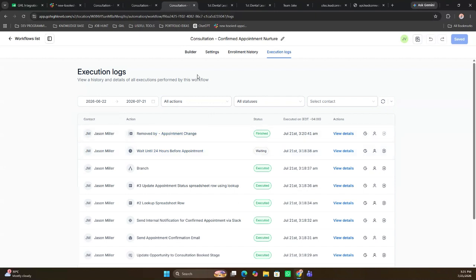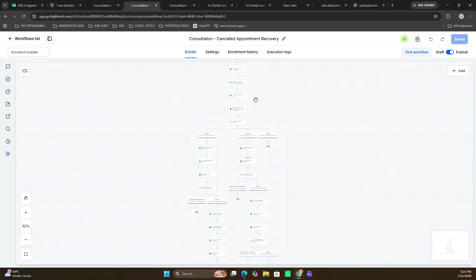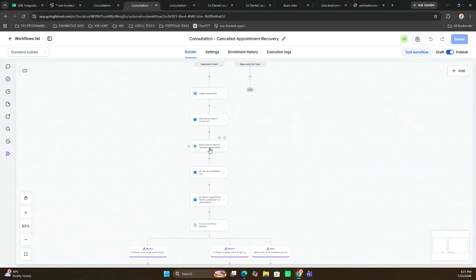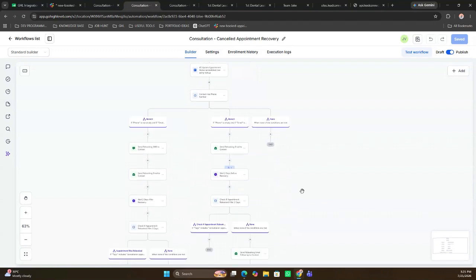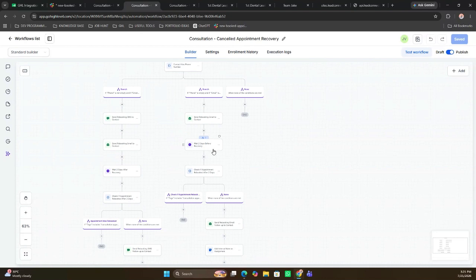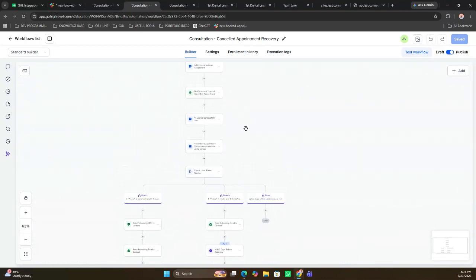As you can see here, it is because he will now be added to this canceled appointment recovery workflow, where it will notify the team through Slack, update the status in the spreadsheet, and also send recovery emails after several days that I just put here as an action.